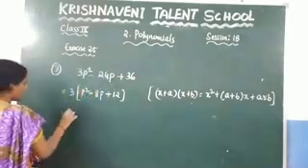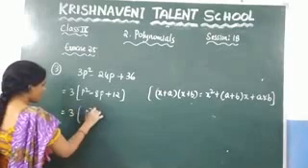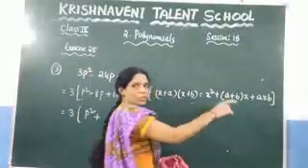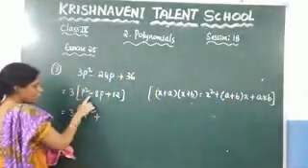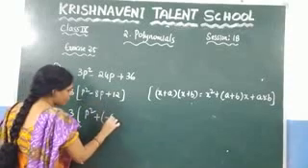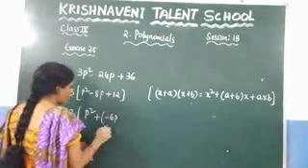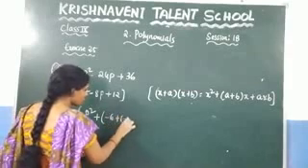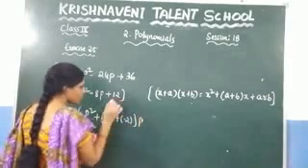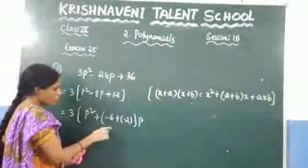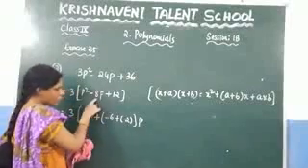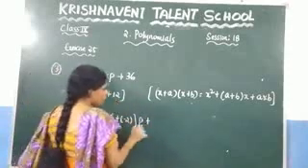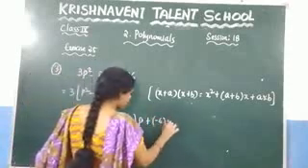Here what we get is 3 into p square plus, applying a plus b into x, I have written minus 8 as minus 6 plus minus 2 into p. Clearly minus 6 minus 2 gives you minus 8 into p. So plus this 12 you can write as minus 6 into minus 2.